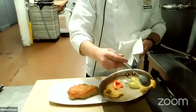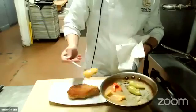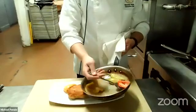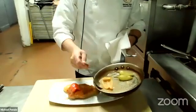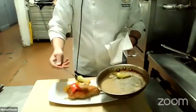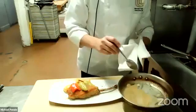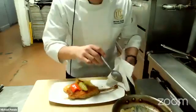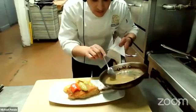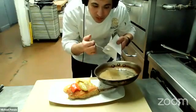We love the flavor profile, Chef. I do too. I love vinegar in my cooking. I cook with a lot of acid. Do we put some of that vinegar in the sauce? Yep, a little bit of the juice in the sauce as well, just about a tablespoon or 2. Vinegar does similar things as salt when you're cooking. So the acidity in the sauce is going to actually cut through the fattiness and the richness